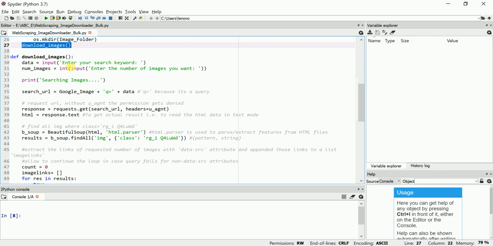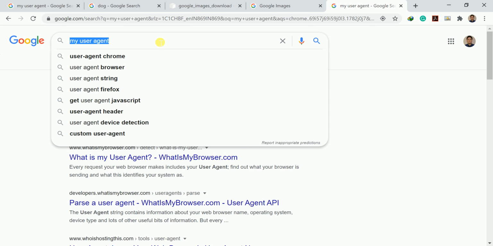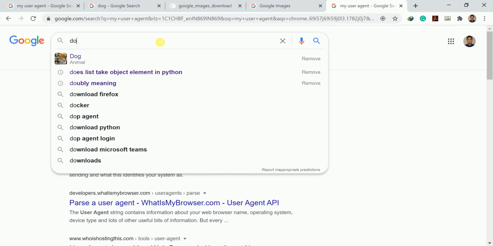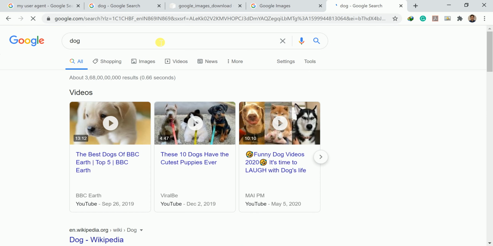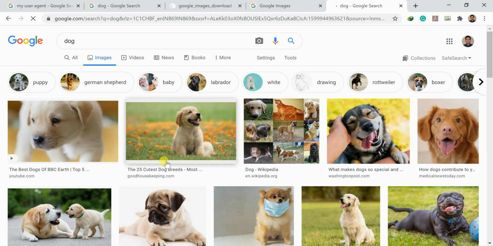What I request you is, before entering the keyword, first go to Google and search whatever photo you require. Suppose you search dog photo. Just see whether it is coming perfectly or not. You can see all the dog photos.